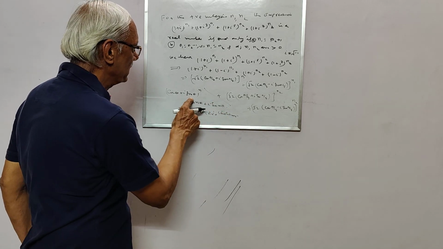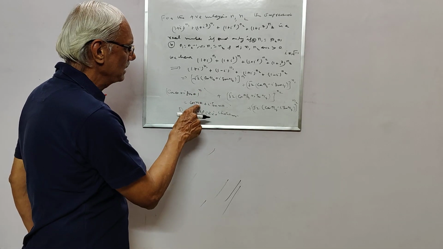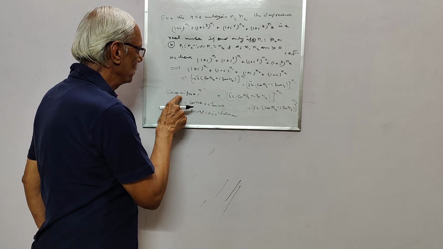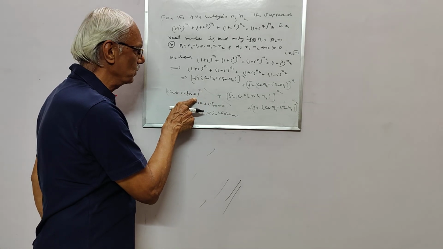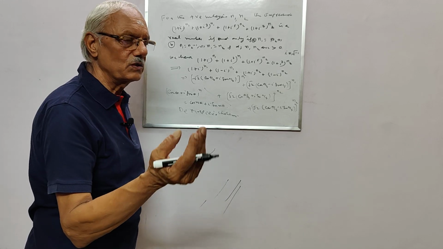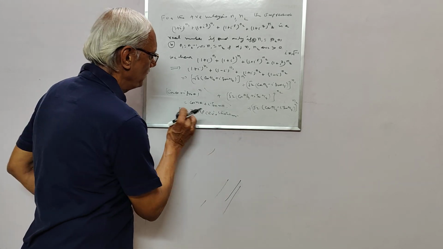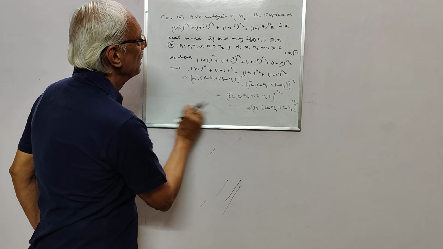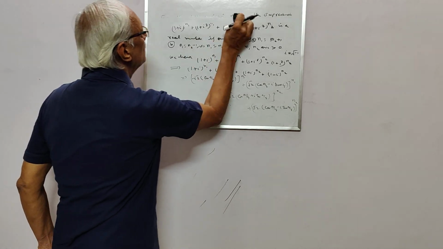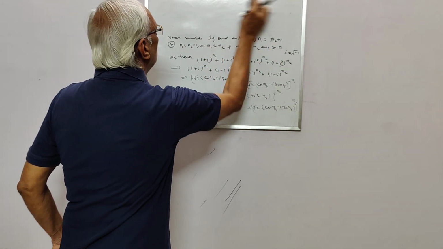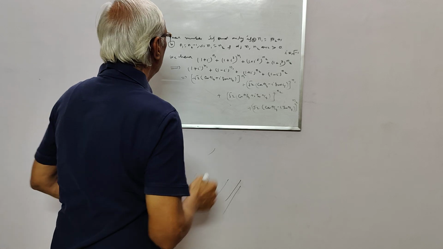(cos theta + i sin theta) to the power of n is cos n theta plus i sin n theta. If you have cos theta minus i sin theta, then what you get here is cos n theta minus i sin n theta. So that is the only difference. Now coming to this problem, what is that you get here now? So I'll write it here. So this will be equal to,